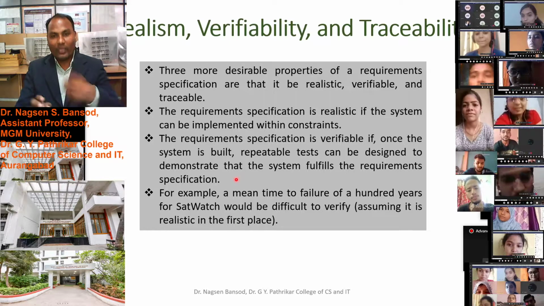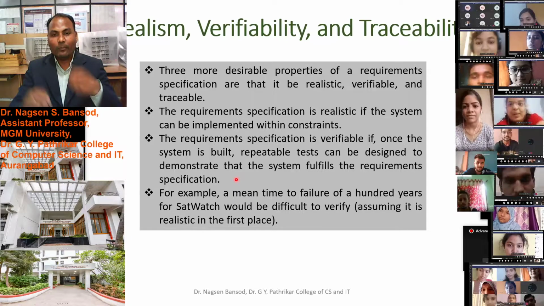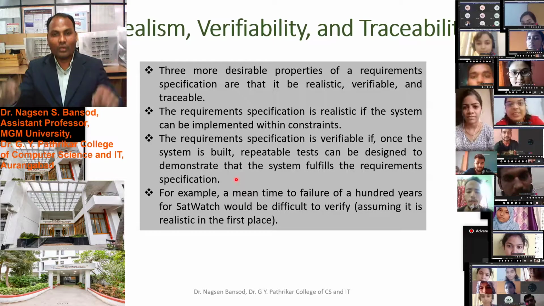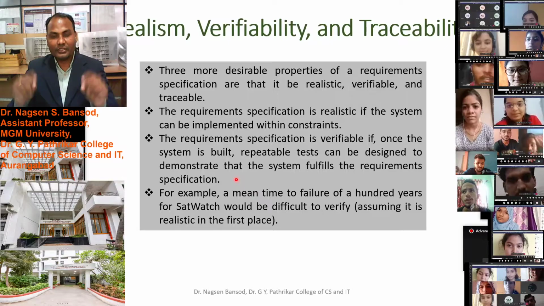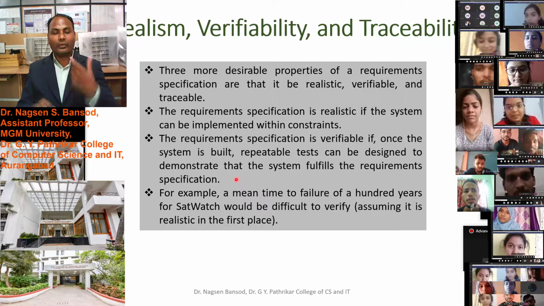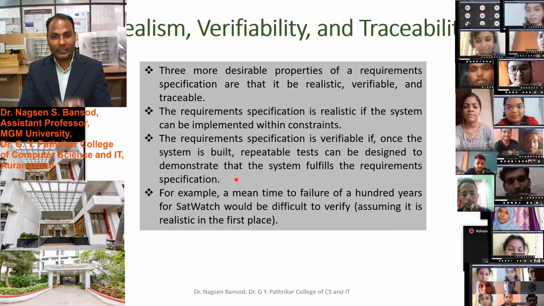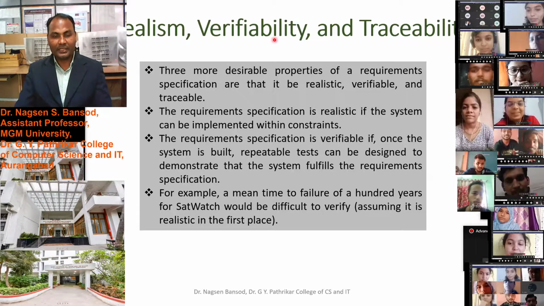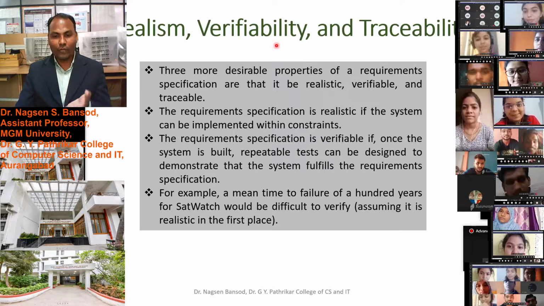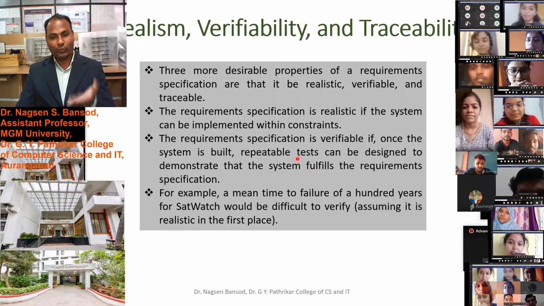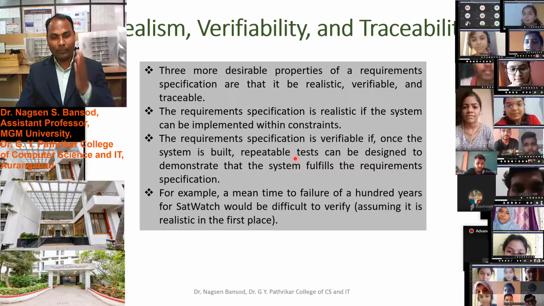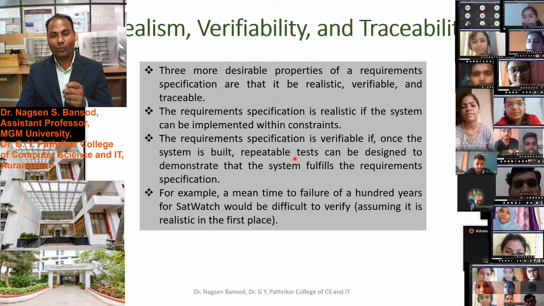We have to verify before deploying the software, before installing it on the client system. We have to take the test; that is verifiability. Verifiability is the testing of software. Multiple times we have to test. Once we build the system, we have to test it.